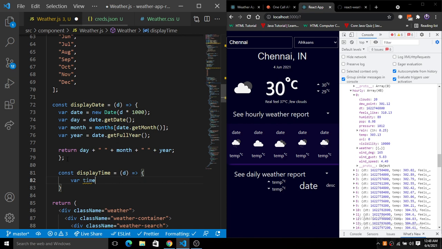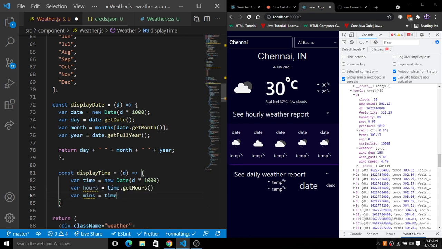And now we will simply get the time of that. We have to get the hour and the minutes, right? So for the hours we have time.getHours, similarly for the minutes we have time.getMinutes.